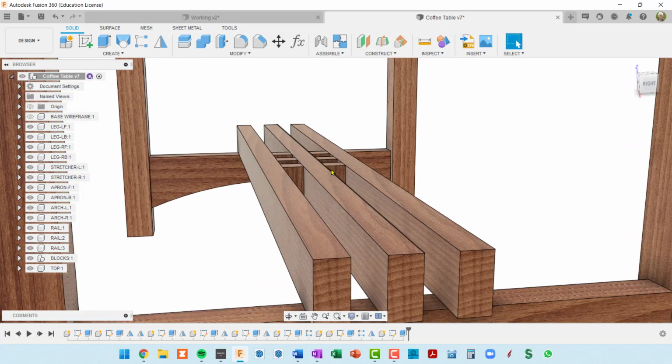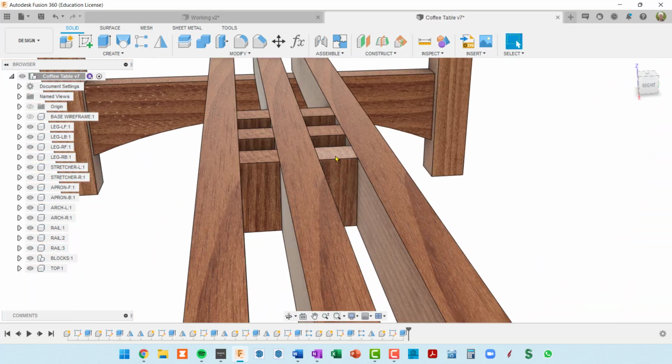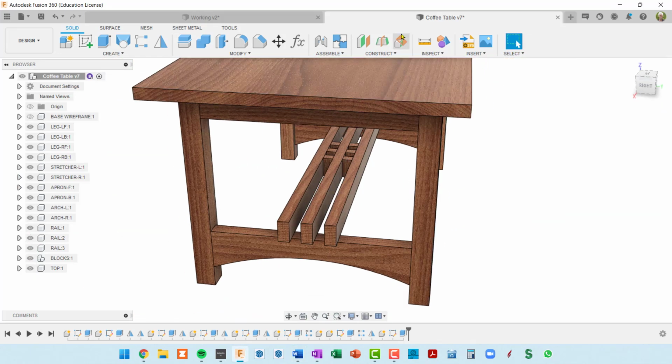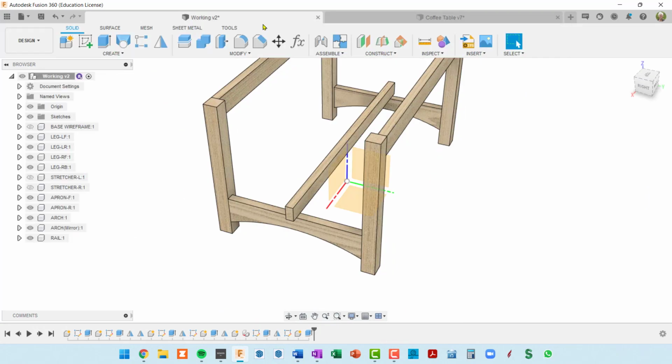There are little blocks here, kind of decorative blocks, and I should make a parameter for these blocks. So, do I need to do that yet? I guess if these blocks are going to be the same dimension here as these rails, I think we're safe without a parameter. So, going back to the working drawing,